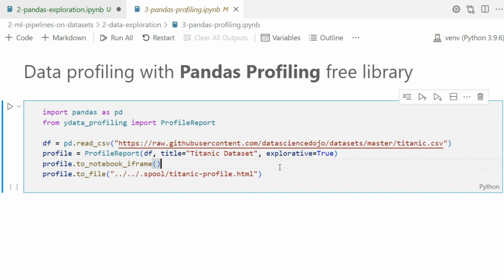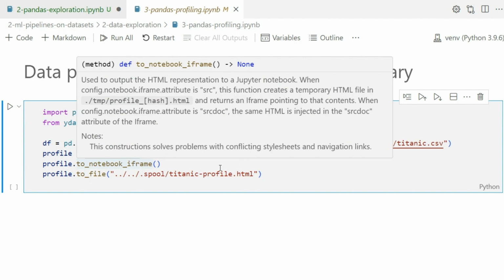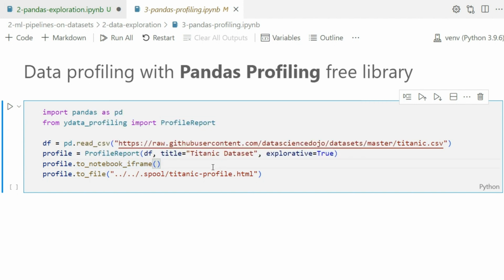But for now, all you have to do is refer to this library and import the profile report from it, and you pass your pandas data frame, just like before, to the profile report. This will generate a report. I want it also in an iframe, but we'll also save it in a file and have a look at this HTML file.